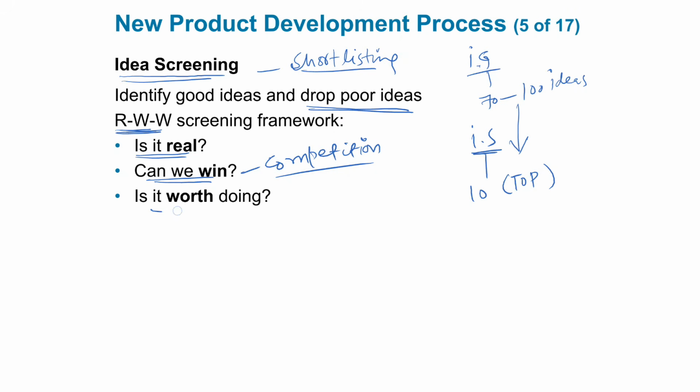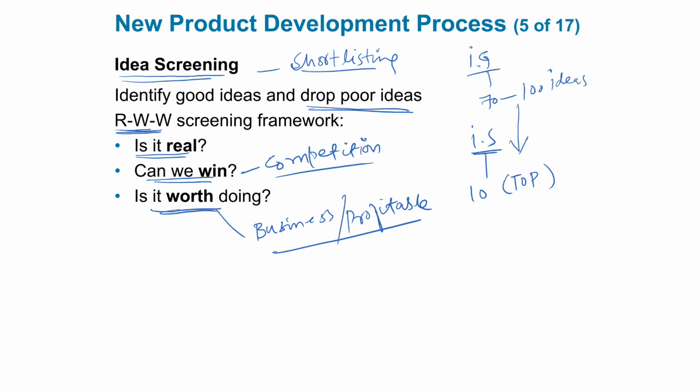And then, is it worth doing it? Worth doing refers to, for example, business. And I told you what is business. For example, is it profitable enough? A lot of the time organizations do come up with new ideas because they want to earn more profit. If you want to come up with a product idea, but the idea is not profitable, then it will not work for your company, because you're a business. Your main objective is to earn money, unless your objective is something else.